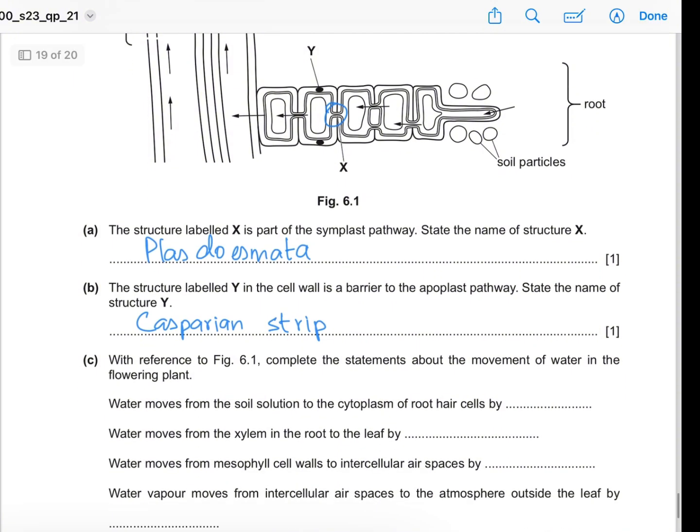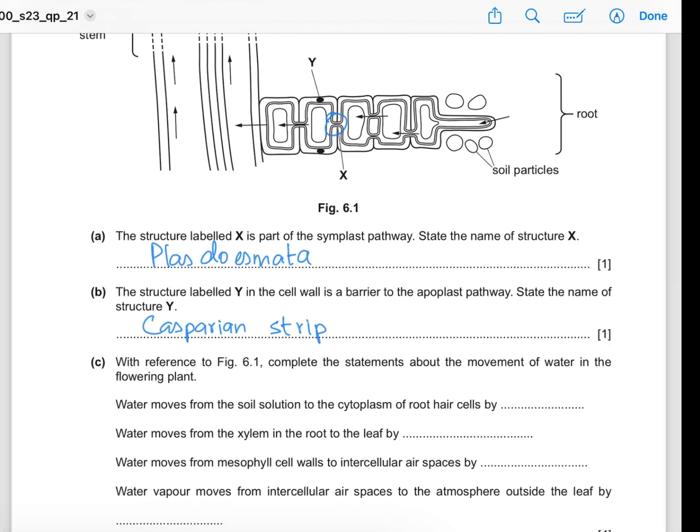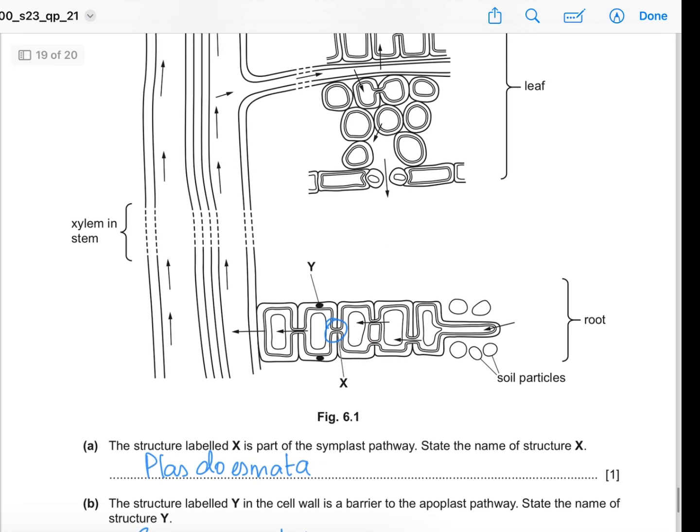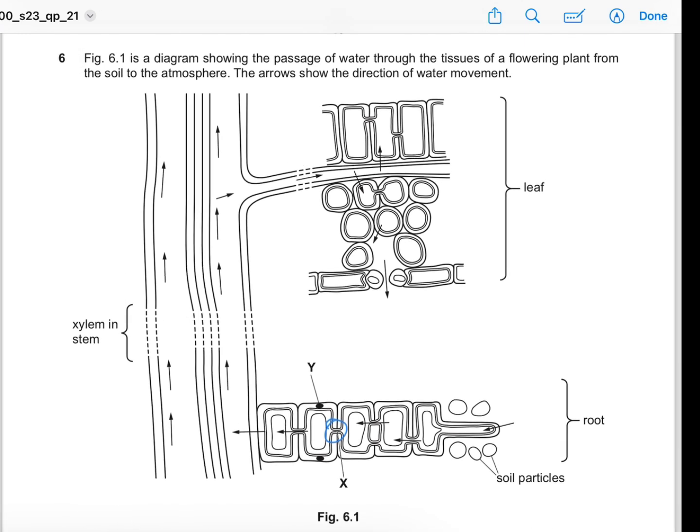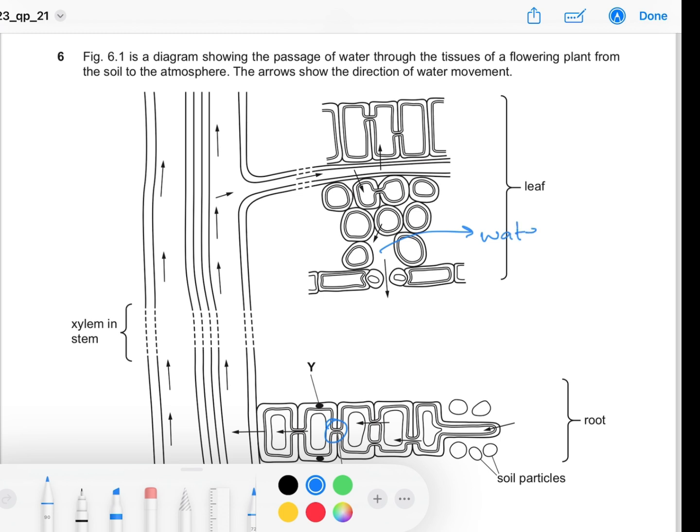C. With reference to figure 6.1, complete the statements about the movement of water in the flowering plant. Okay, let me try to summarize this movement by transpiration. The movement occurs when water vapor over here, you will have water vapor in the air spaces of the leaf, when this diffuses out of the stomata, and this will leave the air spaces inside the leaf empty. Then water on the cell walls of mesophyll cells will evaporate into the airspace,